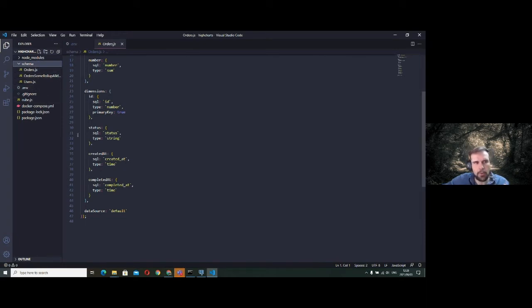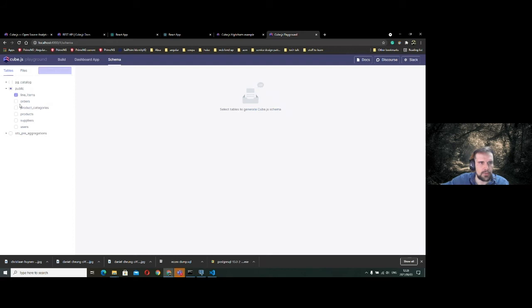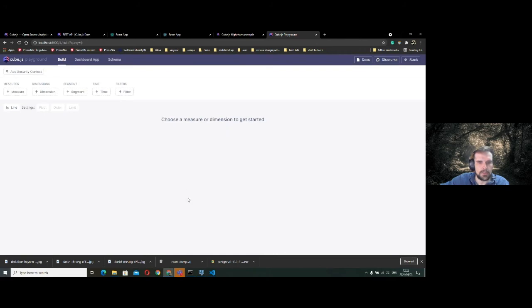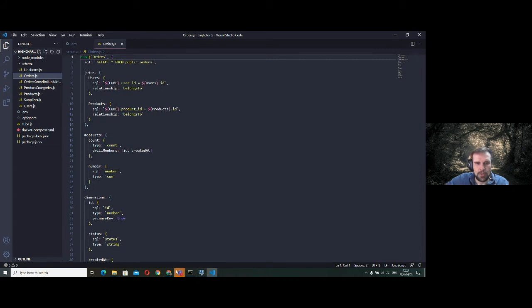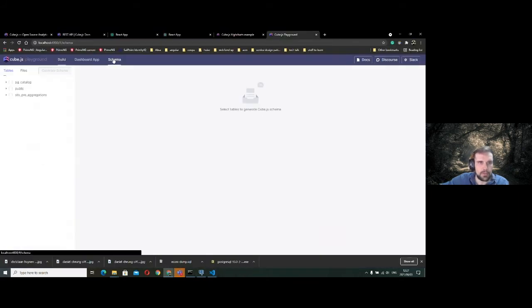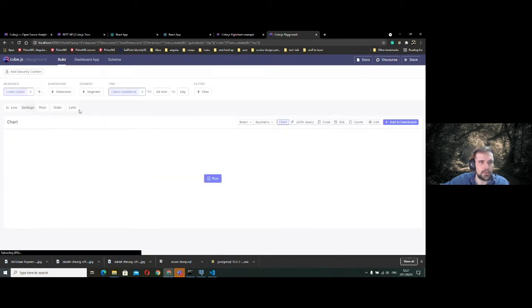which you can now actually pre-populate. For example, if I go into my playground again, and I go to the schema side, and I open one of my databases, which is connected to my database, and I decide to add all the tables and generate the schemas, you would notice inside of VS Code, I have multiple schemas now, and I have different measures and different dimensions for these various schemas and their different fields and their data sources, which in turn will then allow me, if I move over to the build side of things, for example, if I want to do a users count, and let's just do a plain aggregation first.